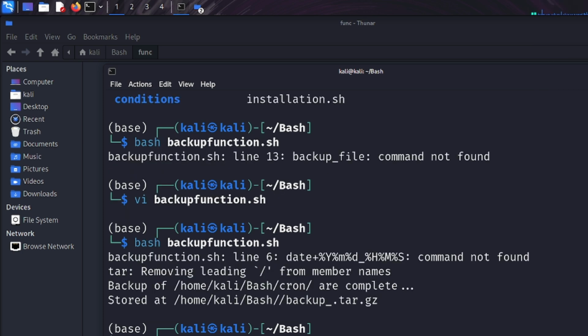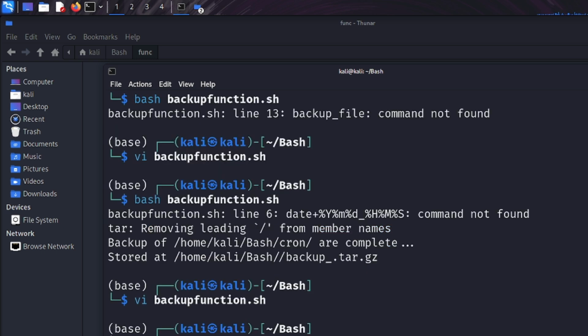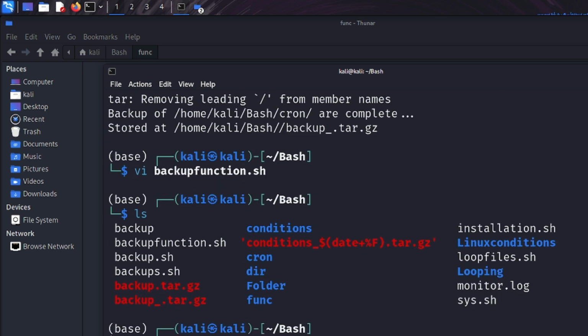So yeah guys, the function worked. The issue was that instead of writing backup files, I wrote it as backup file. Yeah, silly of me. So that's pretty much how you work with this function, and you can see that in our